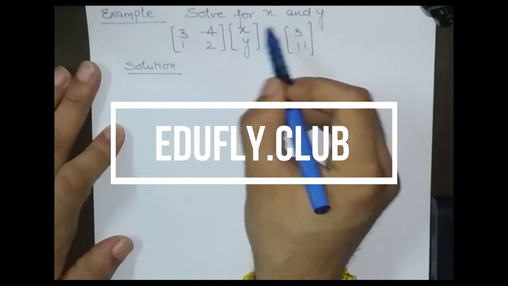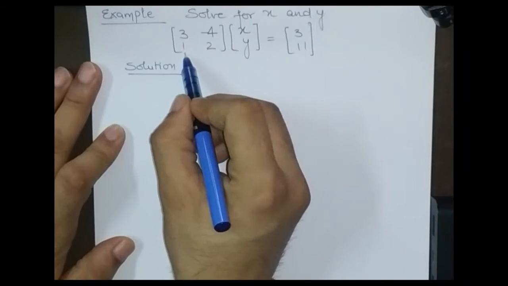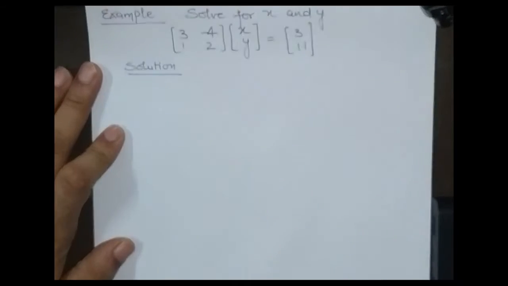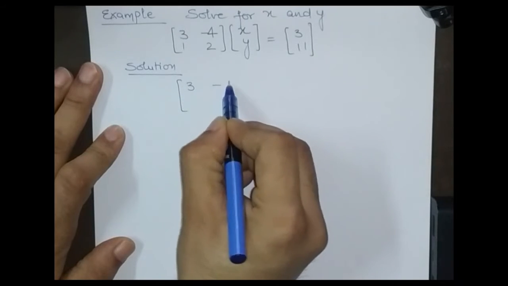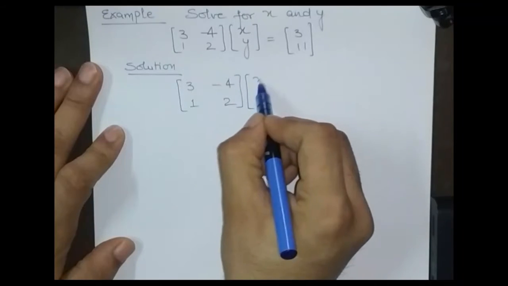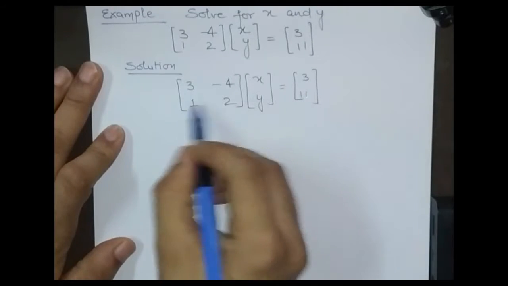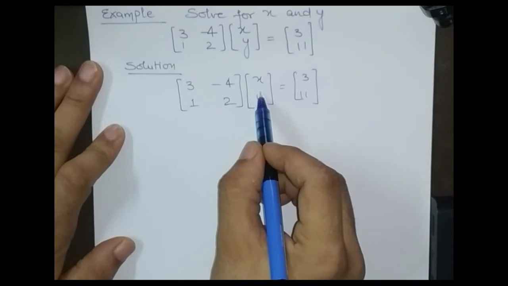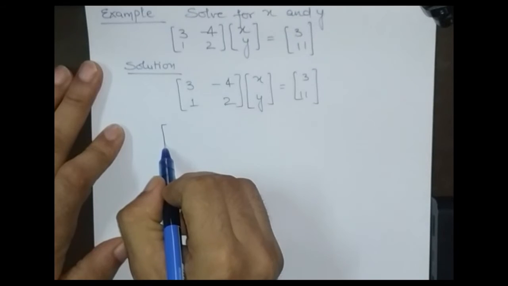Example: solve for x and y. The first matrix is [[3, -4], [1, 2]], multiplied by another matrix [x, y], is equal to [3, 11]. We'll solve it. We multiply these two matrices. This is of order 2 by 2 and this is of order 2 by 1. So the matrix will become